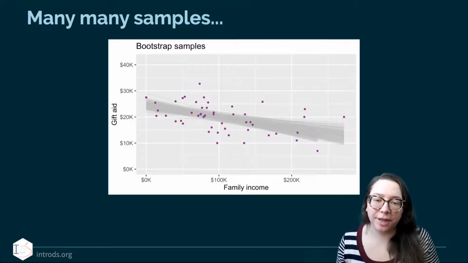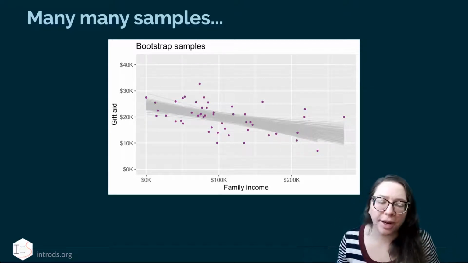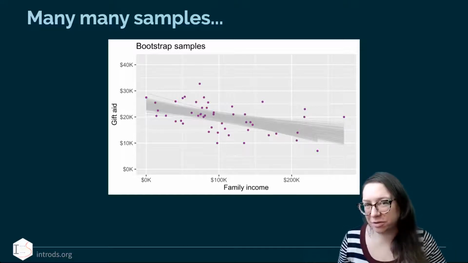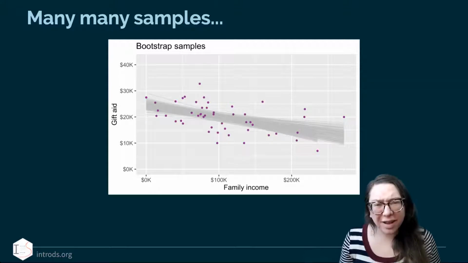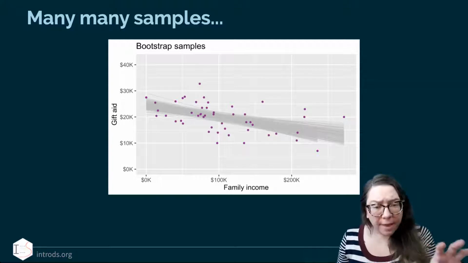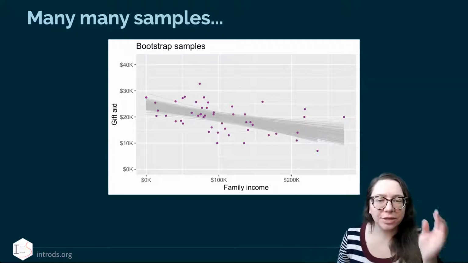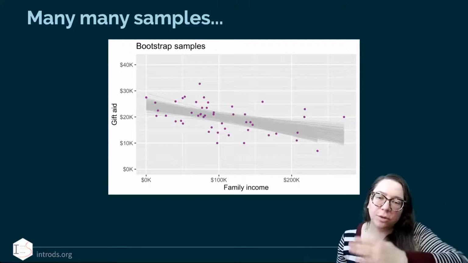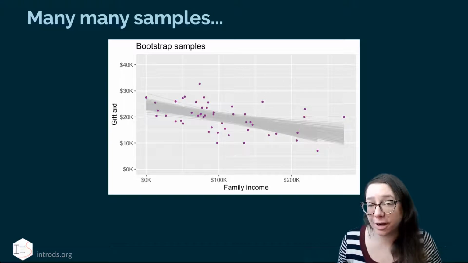So here is a picture based off of all 1,000 bootstrap samples. So 1,000, think large number, right? 1,000 or 10,000 are generally used values for doing bootstrap sampling. In fact, I think the recommendation is 15,000 for running them that many times. So here, those gray, really, really thin lines that you're seeing are all the possible slopes I've gotten from all the various samples. The purple points are my observed